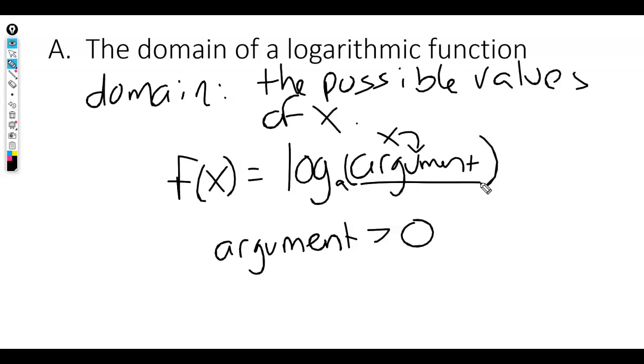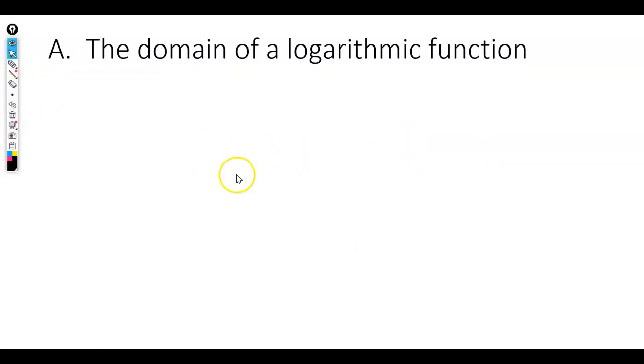So the part where your x is located has to be greater than 0. Now that doesn't mean that x has to be greater than 0. It just means that the argument has to be greater than 0. And since x is in there, that will somehow put a restriction on what x is allowed to be. So let's go ahead and take a look at examples of how to find the domain